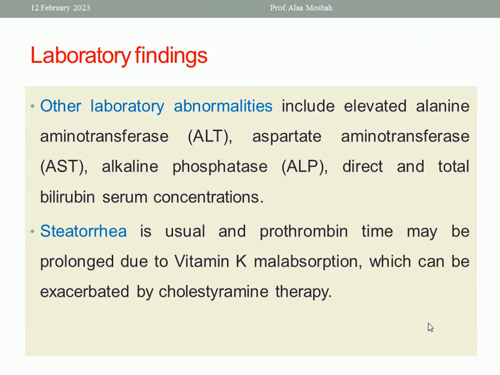What are the other laboratory abnormalities? Maybe elevated alanine aminotransferase doubled, aspartate aminotransferase doubled also, alkaline phosphatase increase up to fourfold, direct and total bilirubin serum concentration increased. Steatorrhea is usually happening,